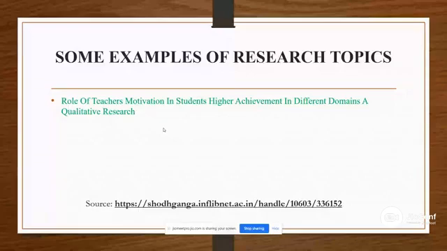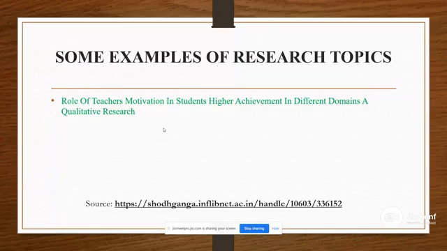Can you read this thing? Role of teachers' motivation. See how they have written the research topics. So when you are deciding the topic for your thesis, the perspective should be clear, not only to you but